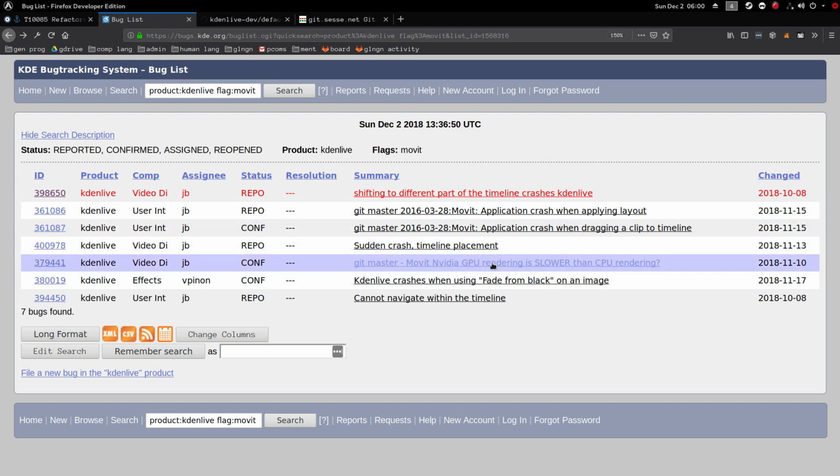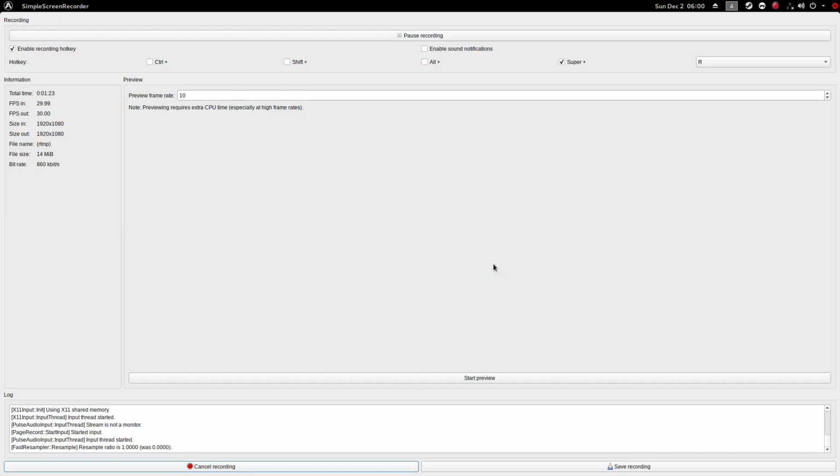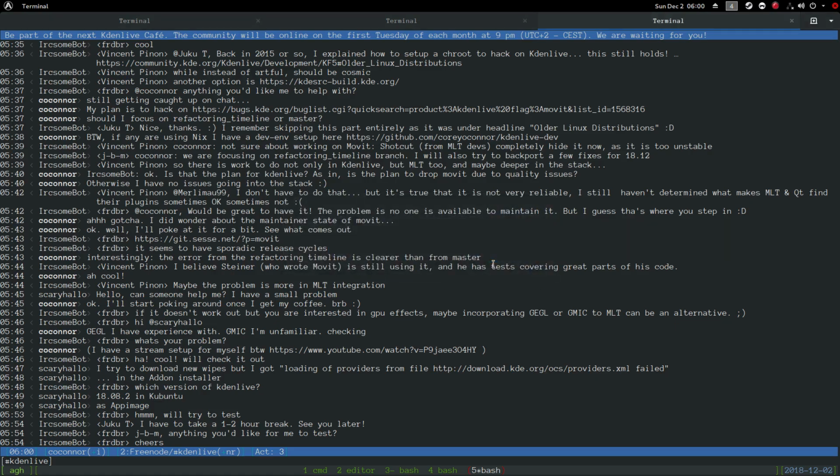It doesn't also necessarily mean it's a bug in kdenlive. It could be a bug in MLT or Movit or the integration, it sounds like from the chat. What it's looking like is it's an issue with how kdenlive works with MLT or Movit in terms of the OpenGL context. And specifically what context is active, how it works with it with specific different threads. And that seems to eventually cause a crash, which on